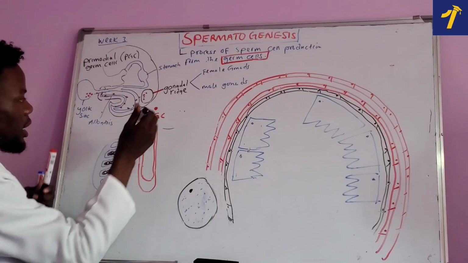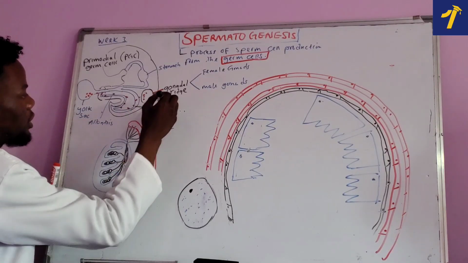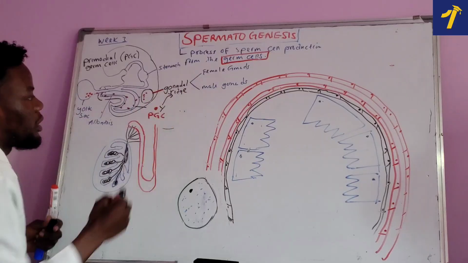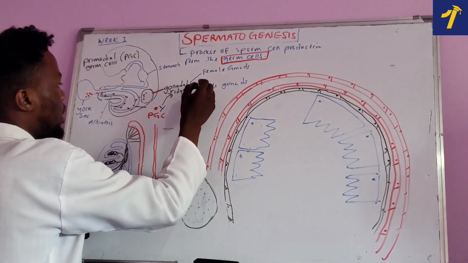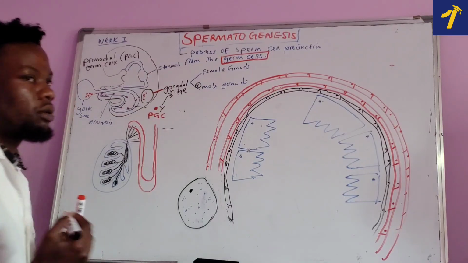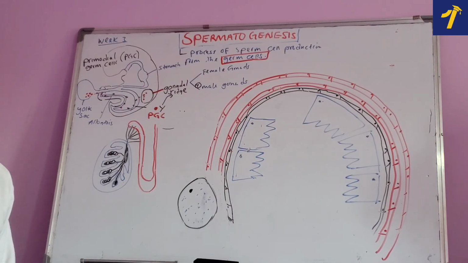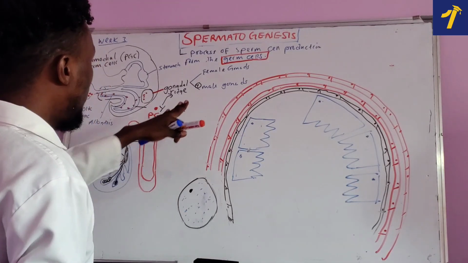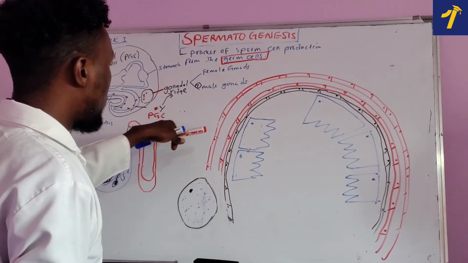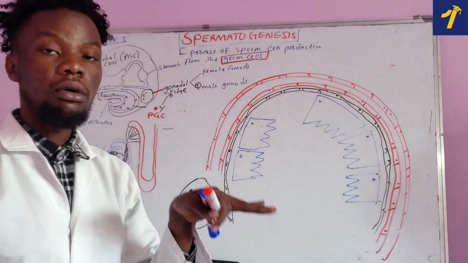They carry the Y chromosome, and the Y chromosome is the one that's going to stimulate the gonadal ridges to start developing into the male gonads. All right? Now, there is an important thing that you need to understand as well. Since the Y chromosome is the one that stimulates the gonadal ridges to start developing into the male gonads,